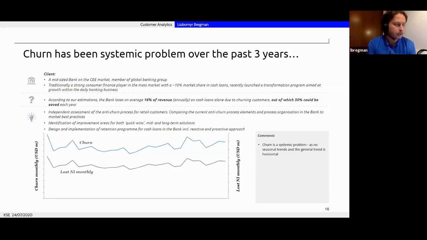A couple of years ago, there was a project in Central Europe for the banking industry. In that project, the managers of the bank noticed that they started to lose 16% of the revenue annually, which is a huge amount. Maybe a lot of banks actually face the same problem.